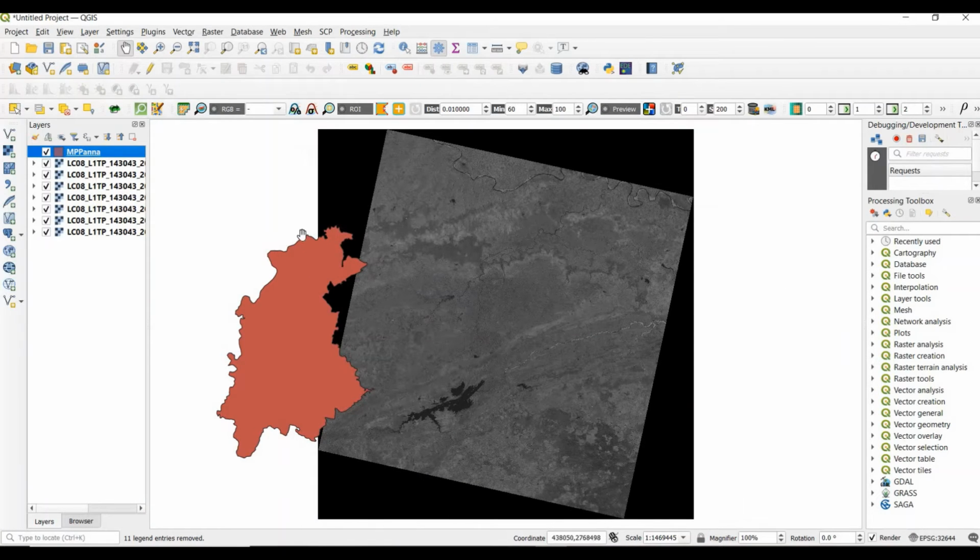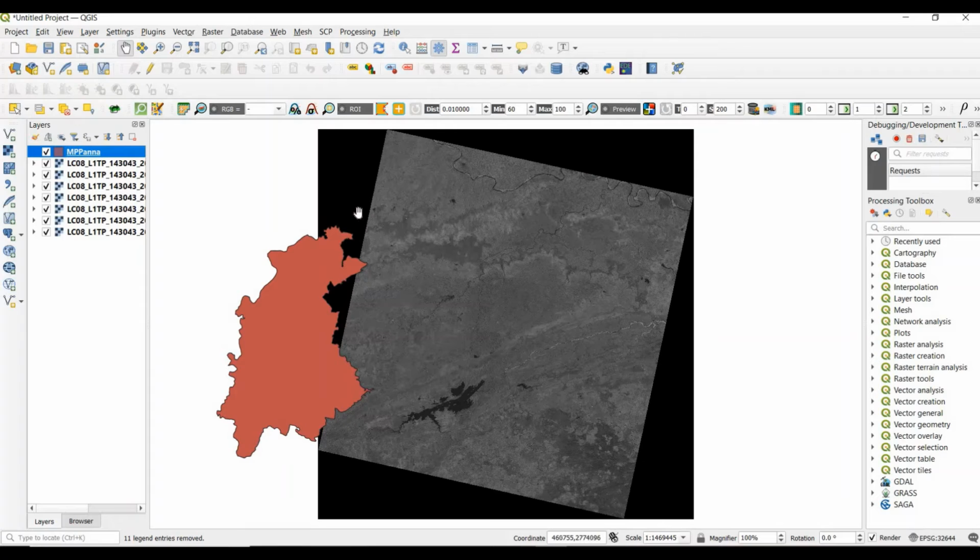close. So we see that this is the shape file. Here some problem occurs. This tile is from a different place and Panna district is situated slightly to the left side of this tile. That means the satellite captured this place and it contains a little bit of space of Panna district also.